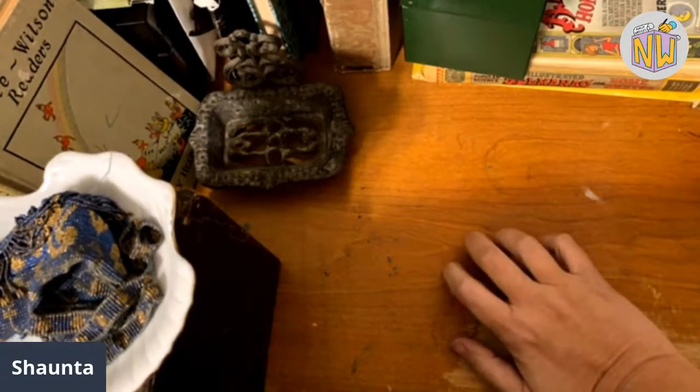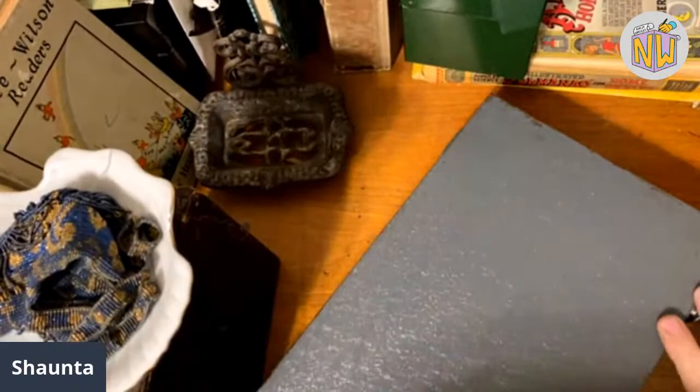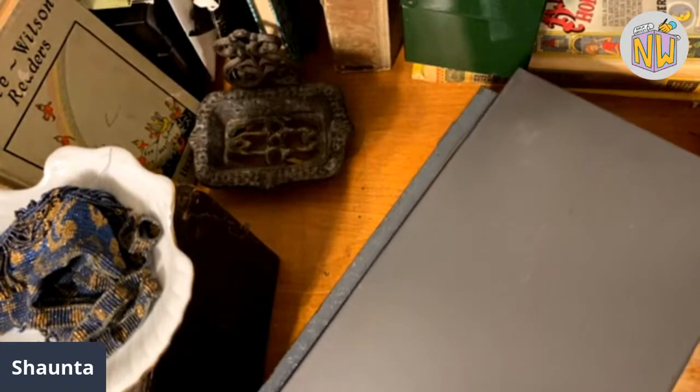Oh, I love this next thing. So they had, in the garage sale part of the auction, they had these,